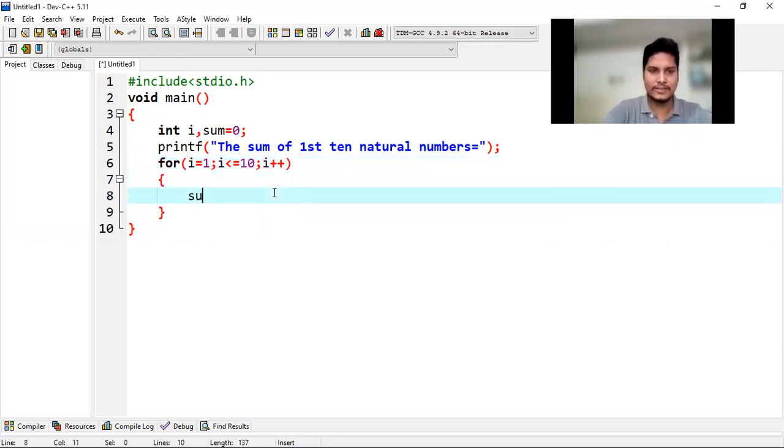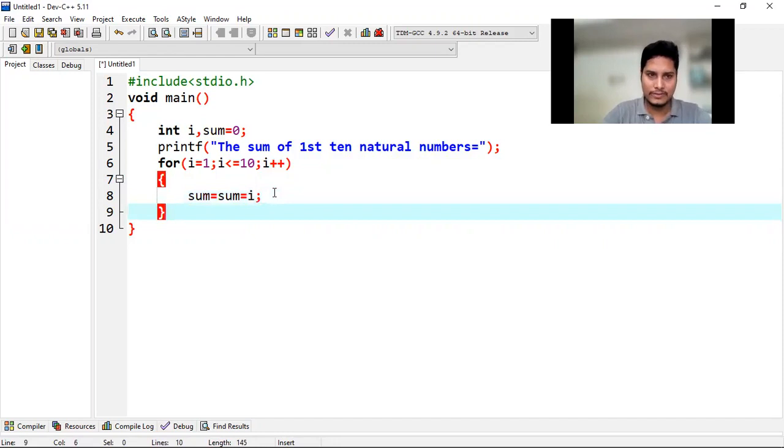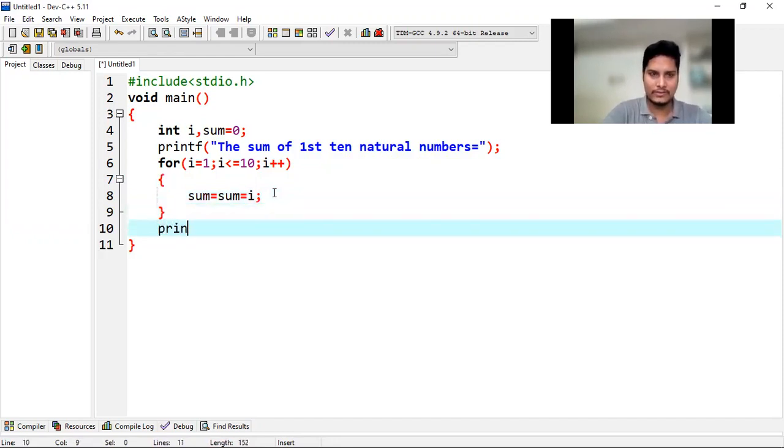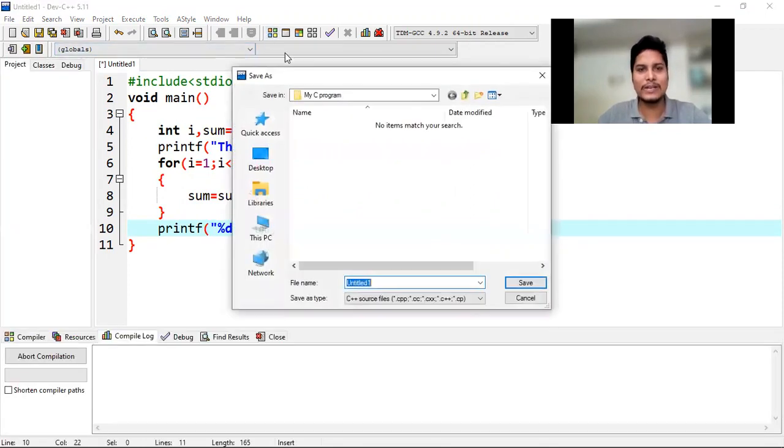So here sum = sum + i; semicolon. Now using printf, I am declaring %d, comma sum, then semicolon. Now my program is complete. Let's compile it and execute it. When I compile it, it will ask me to save the program.